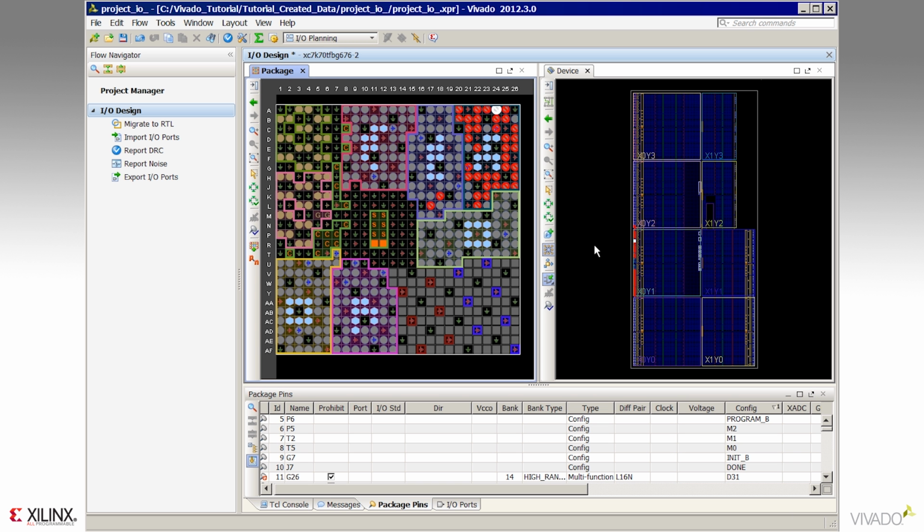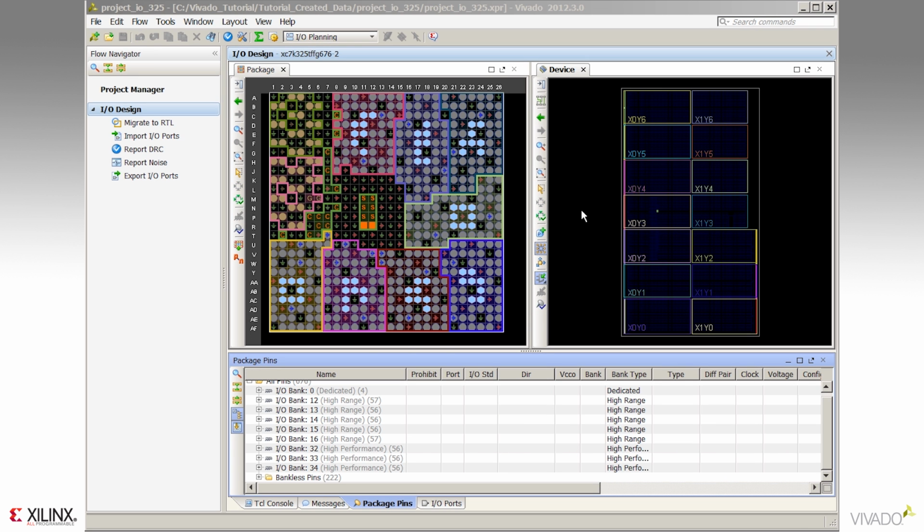Another handy I/O pin planning feature is the ability to set alternate devices. At the time I'm doing my I/O pin assignment, I may not be entirely sure of the exact device that my design will ultimately end up being in. It could get bigger, it could get smaller. So I'd want to define a pinout that works across a variety of different device sizes so that I can